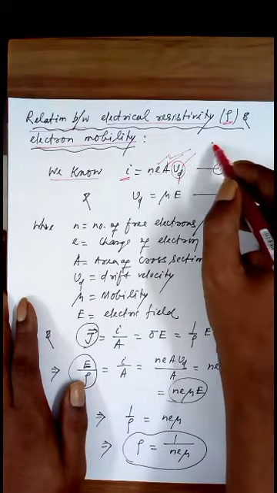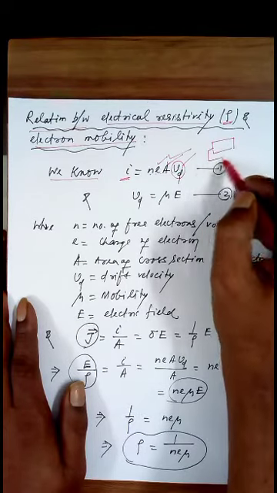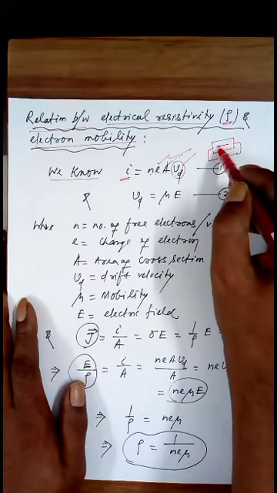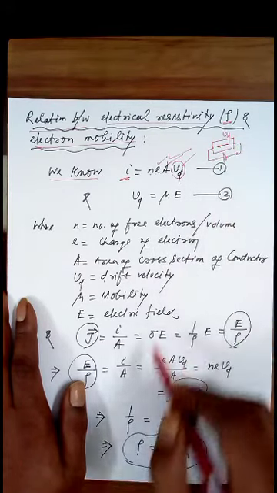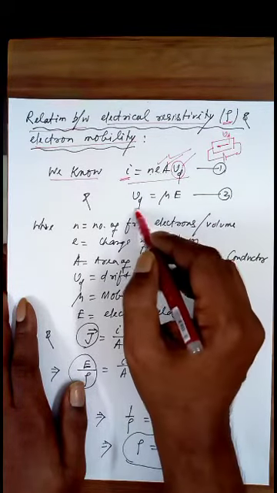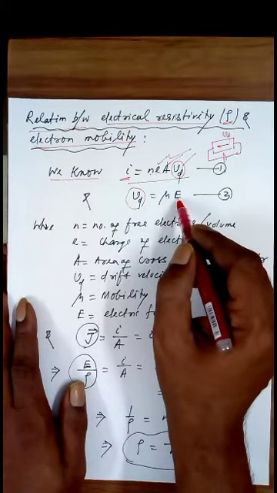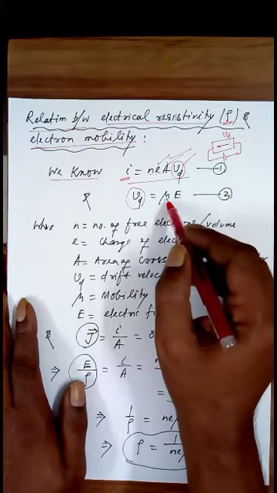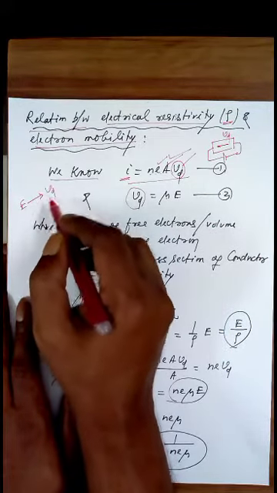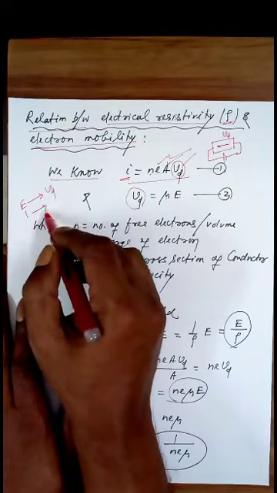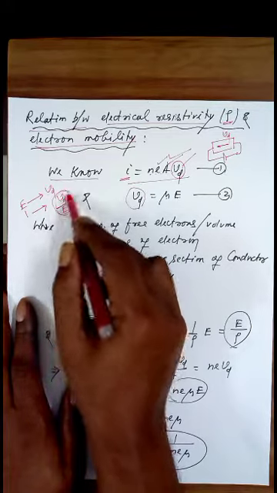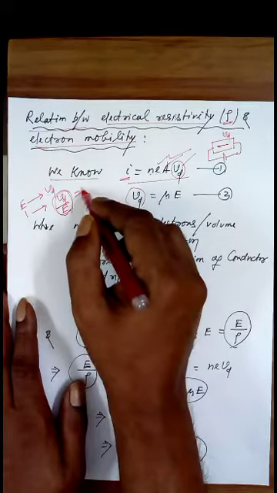Why was this arising? When there was a conductor and it was applied with an electric field, the electrons were drifting to this side with a velocity Vd, that was called drift velocity, and this was derived in your previous lesson. And we also know drift velocity was equal to mu E, where mu was the mobility. By applying electric field E the velocity was Vd. If you apply unit electric field, the velocity will be Vd over E, meaning drift velocity per unit electric field, that was called your mobility, mu.